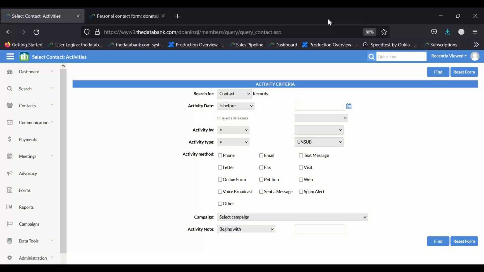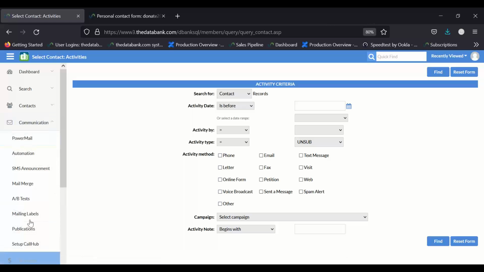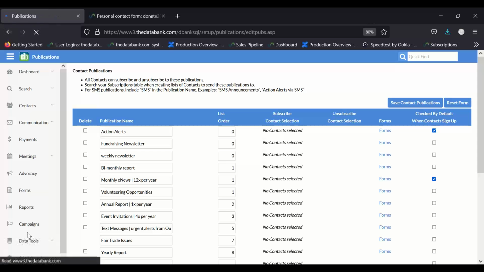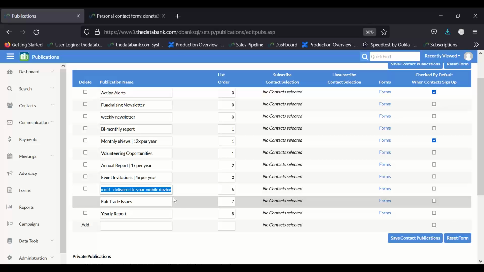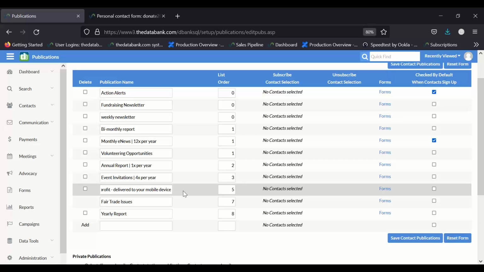Is this also a space to add subscriptions for text messages? Yes. So if you haven't done so already, you would want to create a subscription specifically for text messages. So here I already have one. So text messages, urgent alerts from our nonprofit delivered to your mobile device. So by you allowing individuals to opt in to the SMS